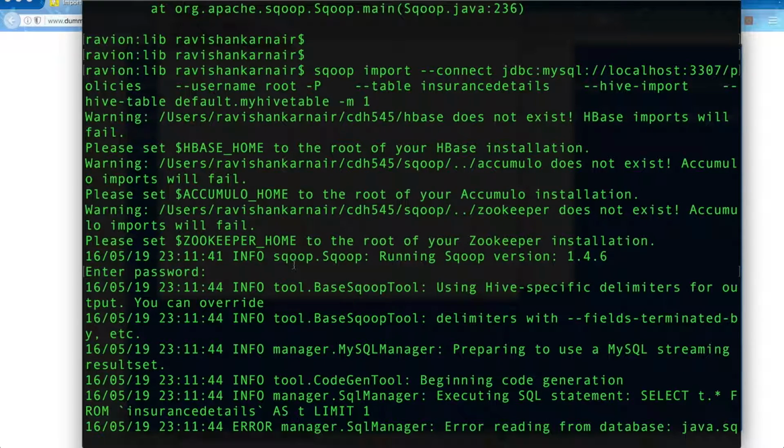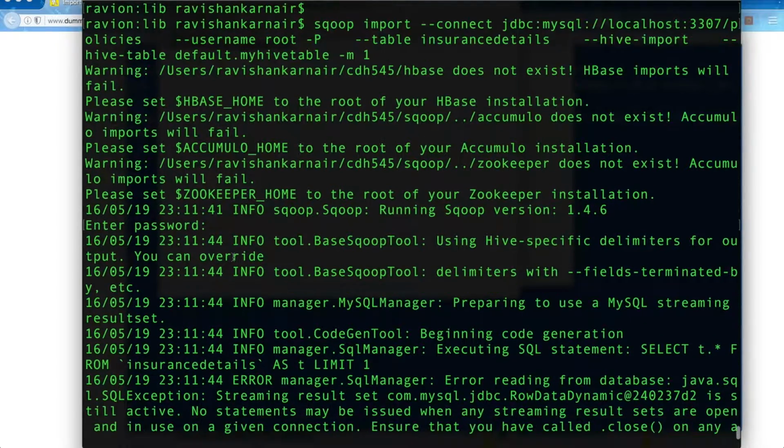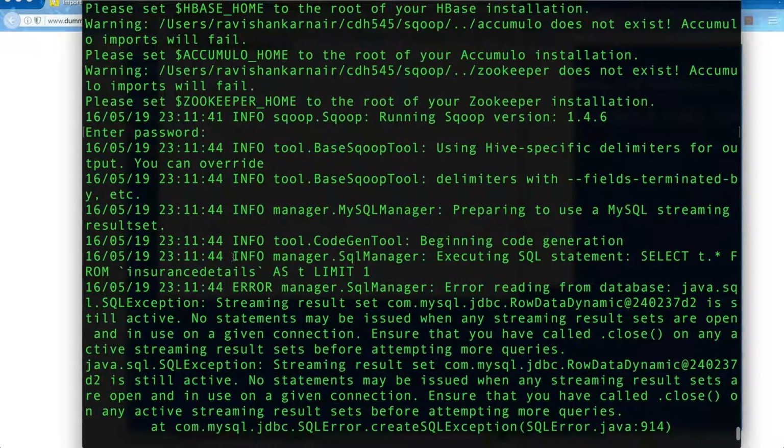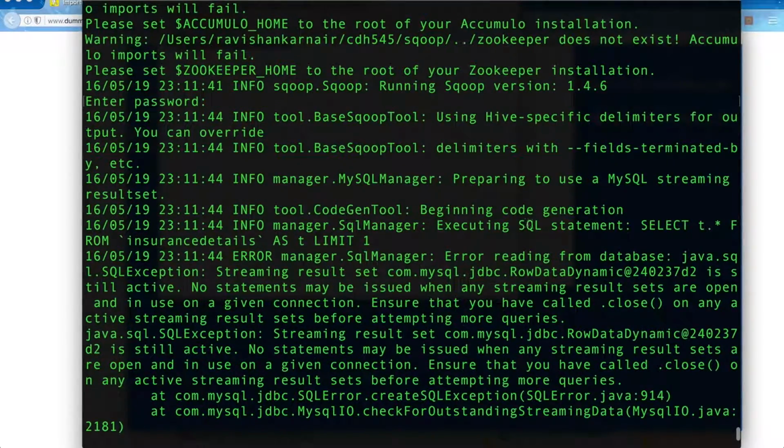So please set zookeeper underscore home to the root. But these are all warnings. I don't have to worry about that. So it is executing the SQL statement from the insurance details, error reading from the database,